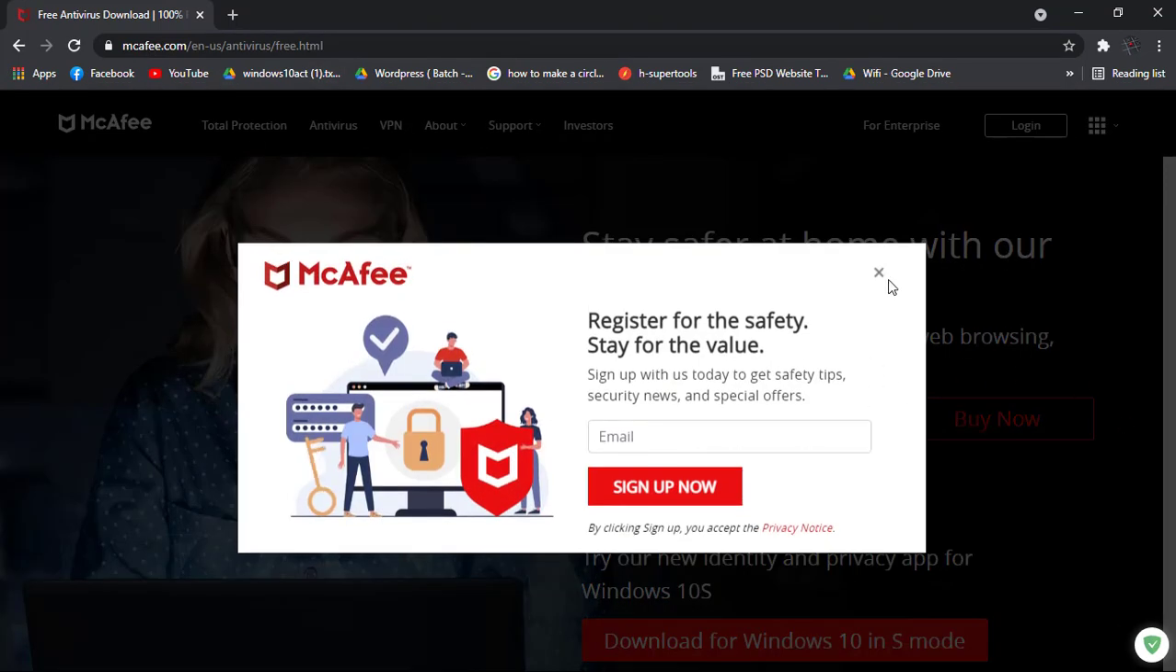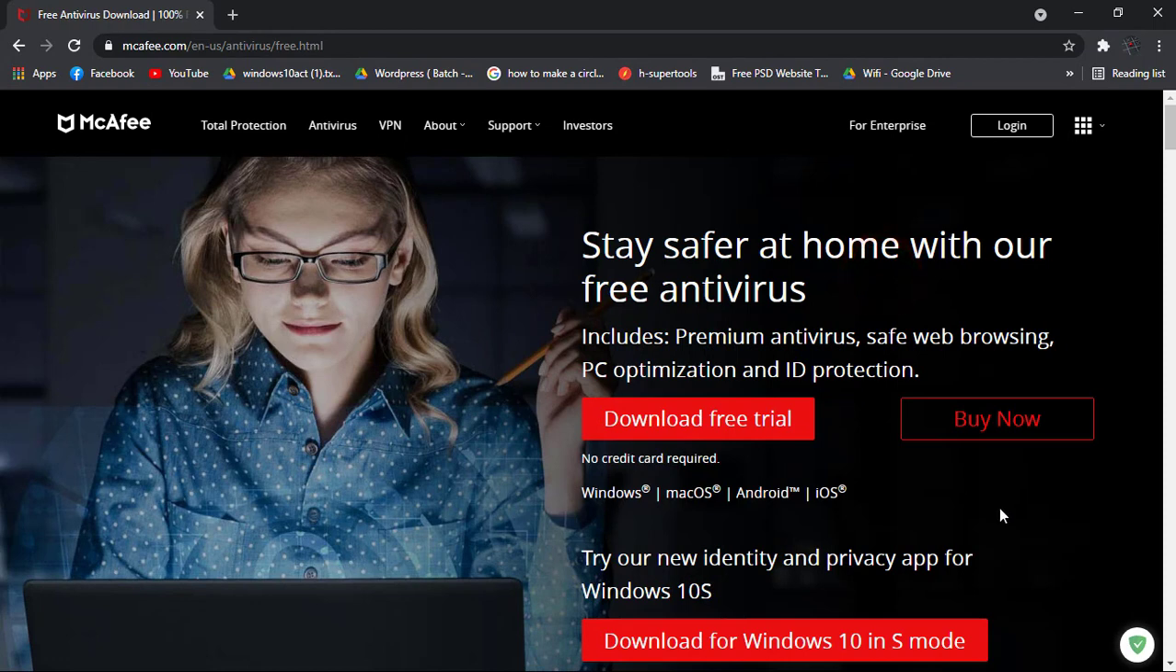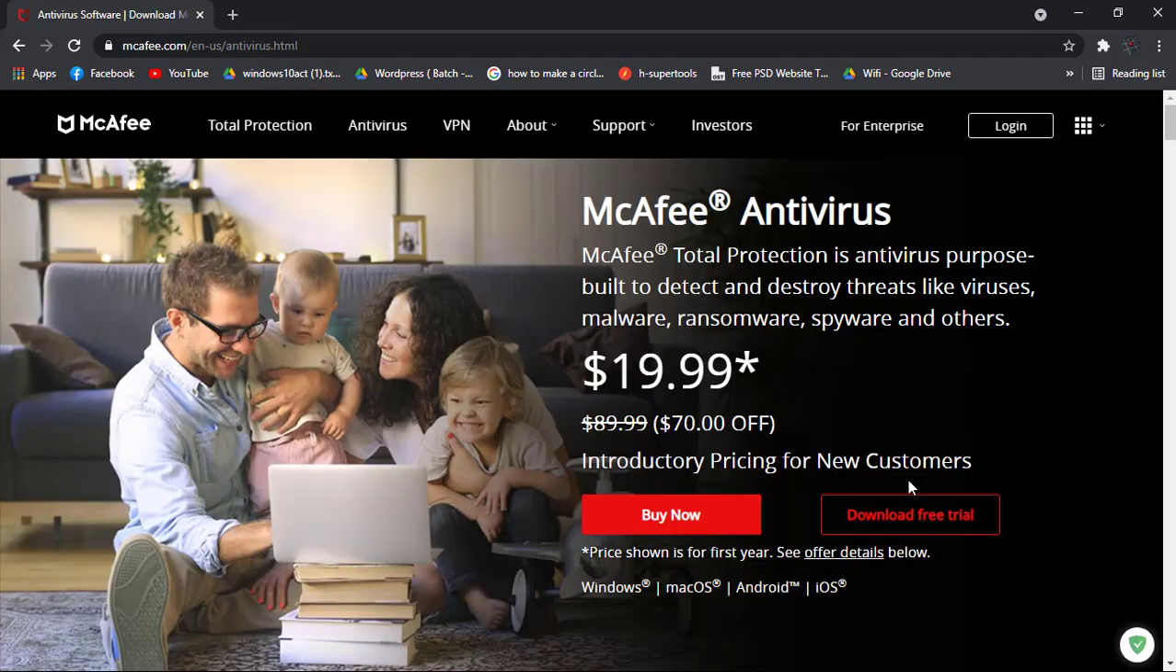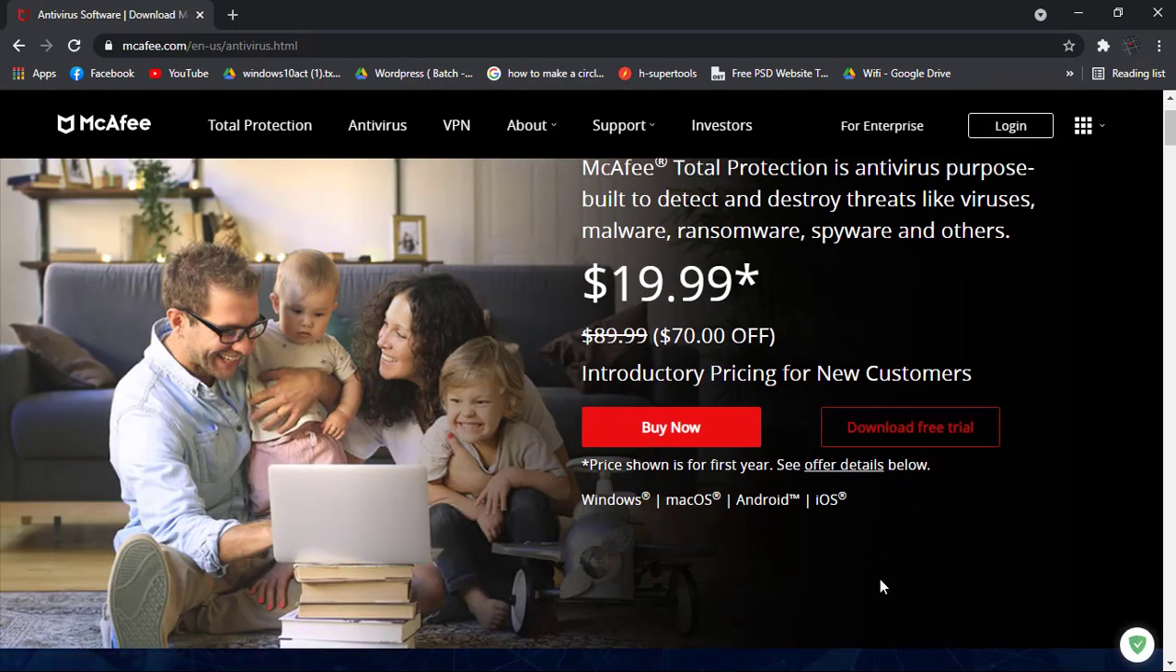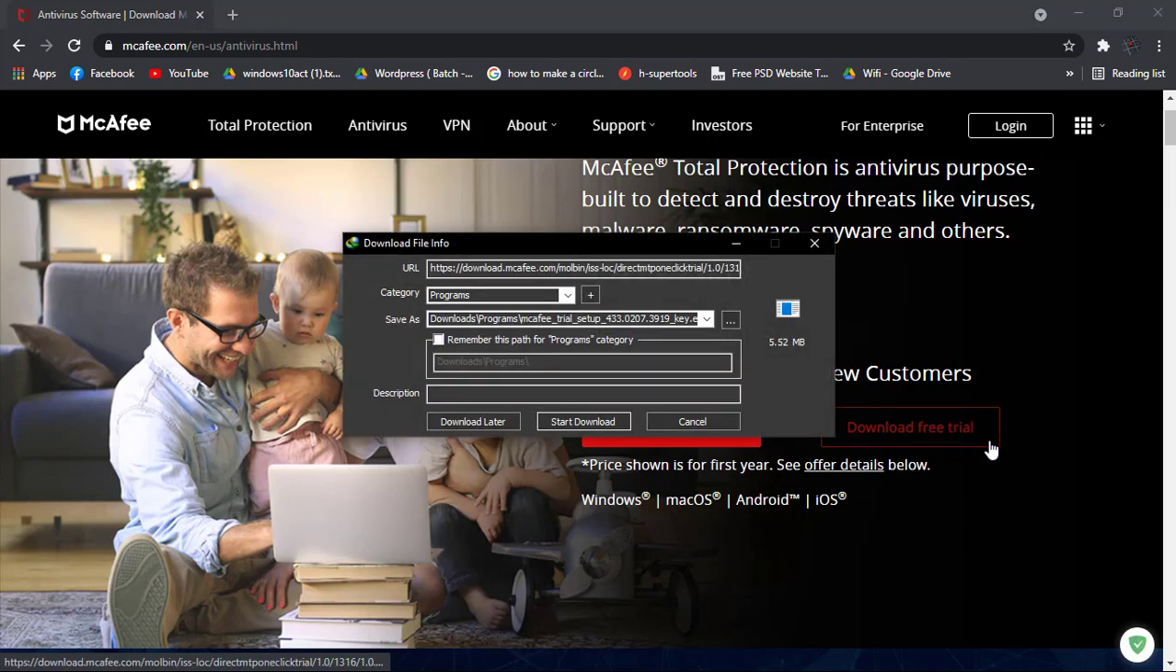Okay, it is directly on the trial version page. Even if you come to the main website, you just have to come to the antivirus and this will be there. Okay, now as you can see, download free trial. Click here, and primarily it is showing 5.52 MB. No problem, download it,